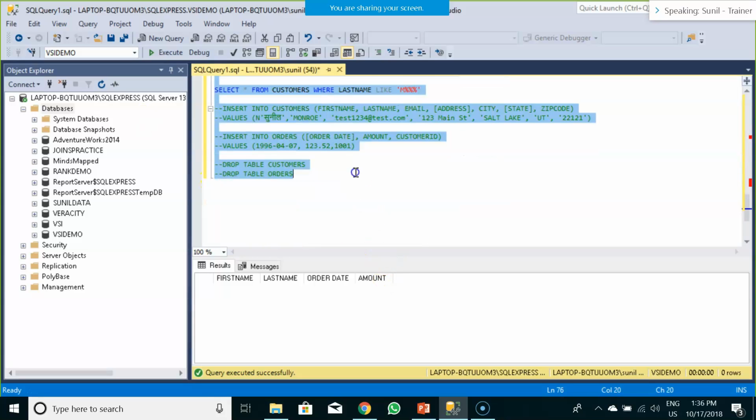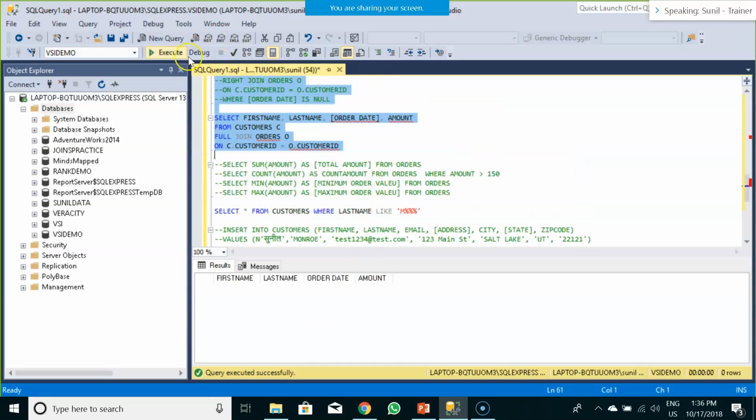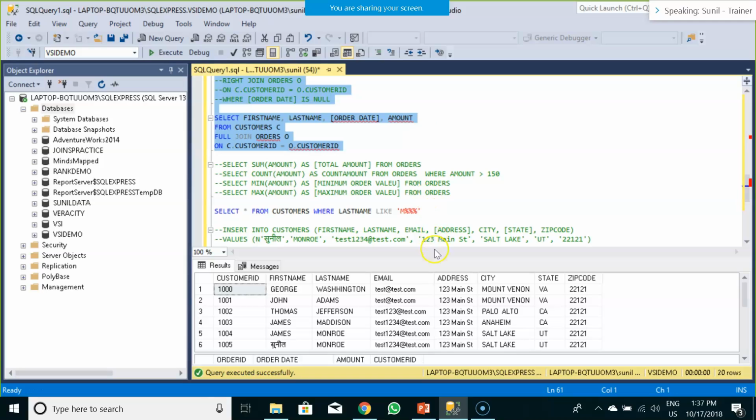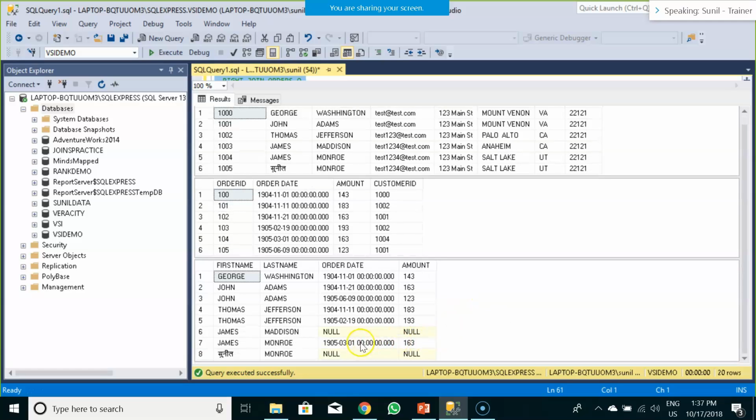In our case, the result would be very similar to what we got in our left join. So when I execute this particular query, we see customer, order, and a full join applied to both the tables, that is this information. Okay, so we found two null values over here wherein we didn't have any order. So total it returned me 8 records, out of which 6 records have an order associated with them and 2 records didn't have any order associated with them.